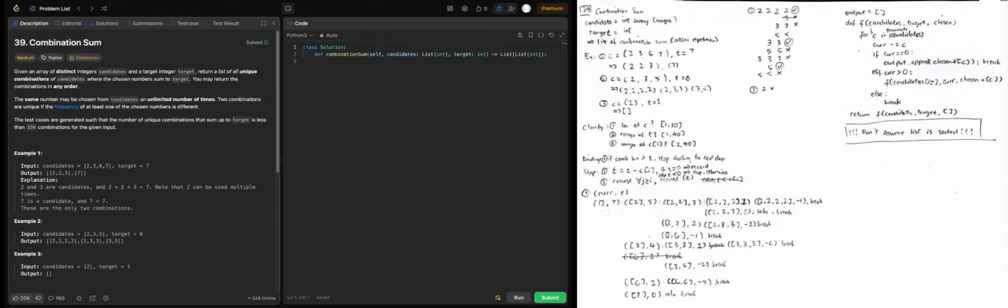Then we basically move on to check 2. Okay, let's do it this way. I'm gonna begin with empty. Then I will have 2, and then 5, and then I will also have